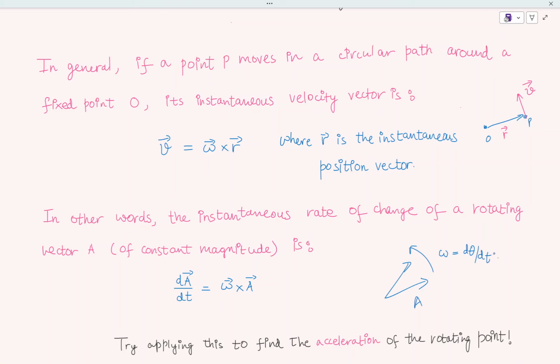So d theta by dt is nothing but the rate of rotation, कि कितने टाइम में कितना एंगल टर्न कर गया. So if it is rotating at this rate and it is rotating anti-clockwise, then our angular velocity vector will be perpendicular to the plane, coming out of the plane. And at any instant, the rate of change of A can be written as that angular velocity vector cross with